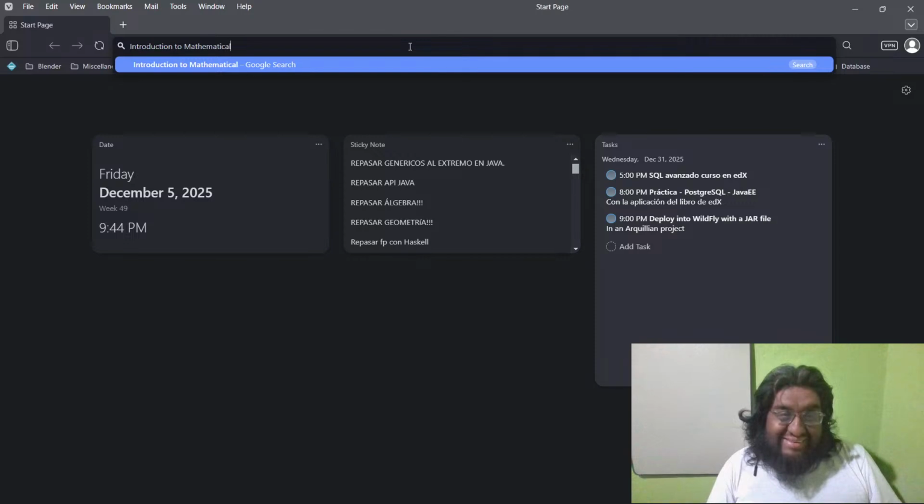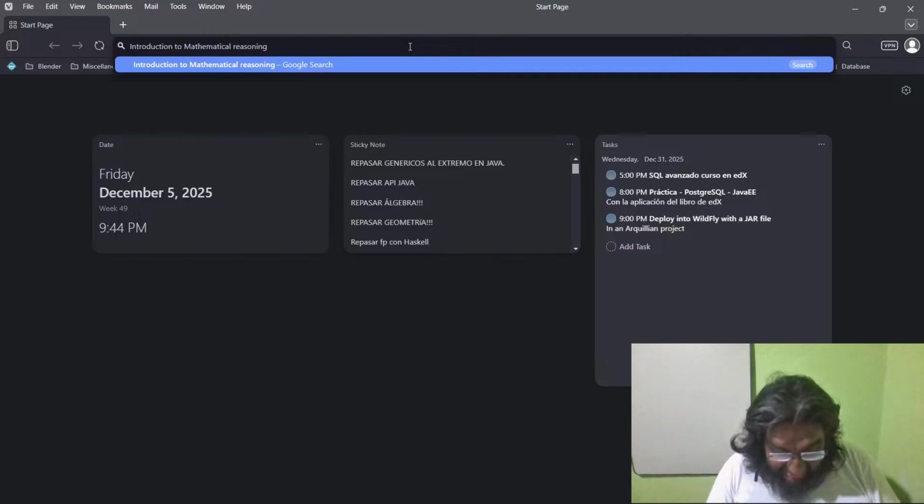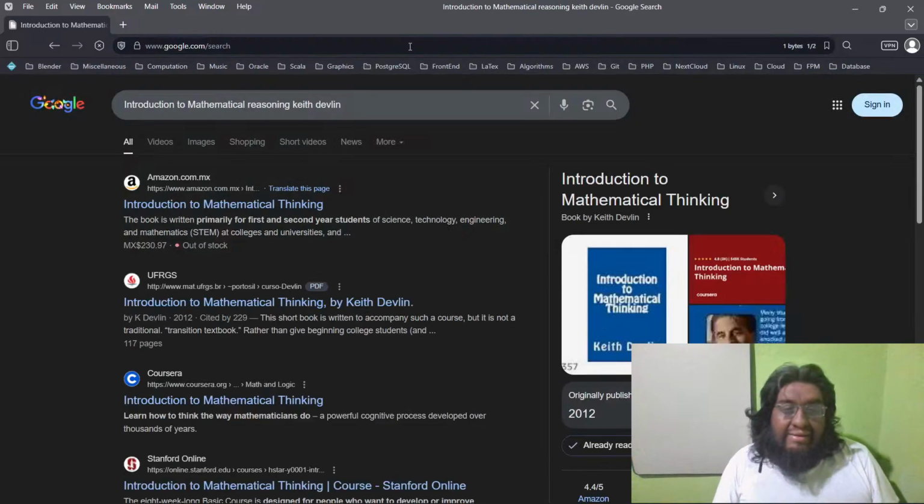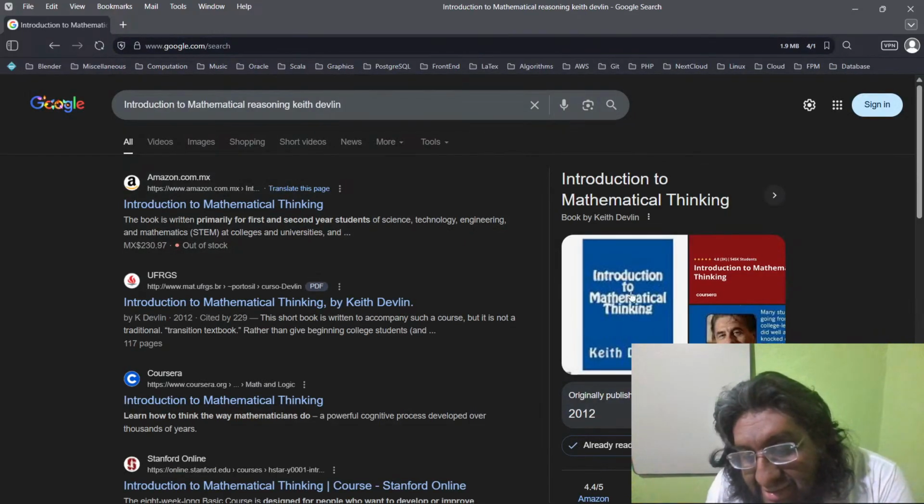I haven't read this book in a year. Okay, leveling. So this book,